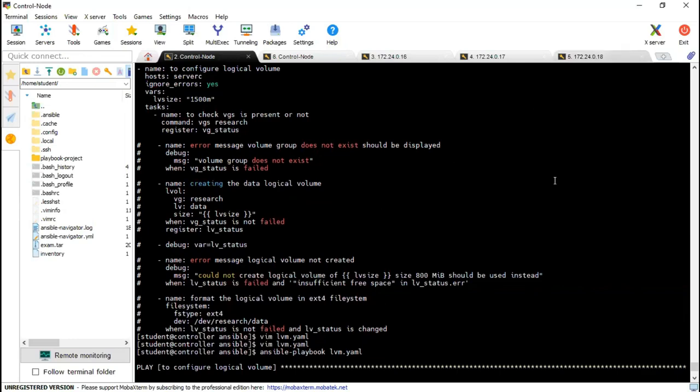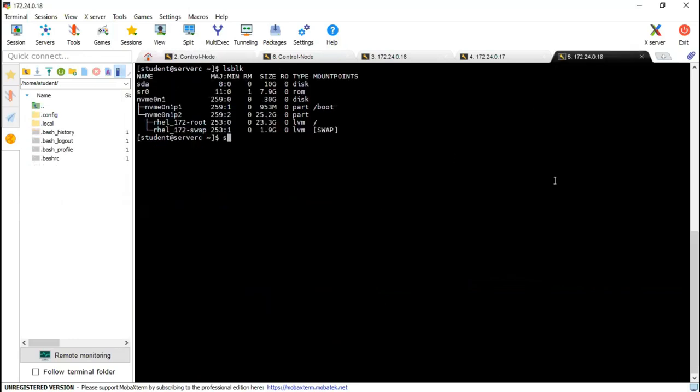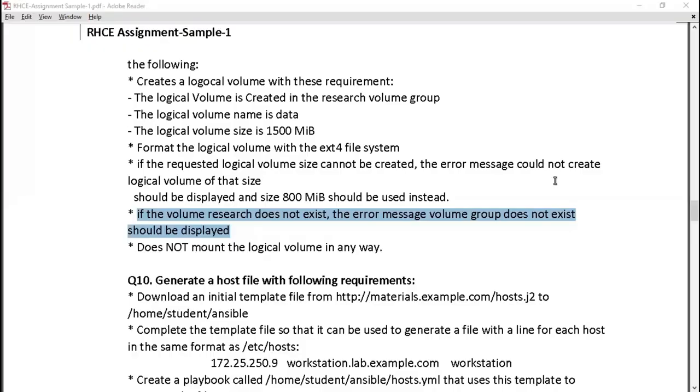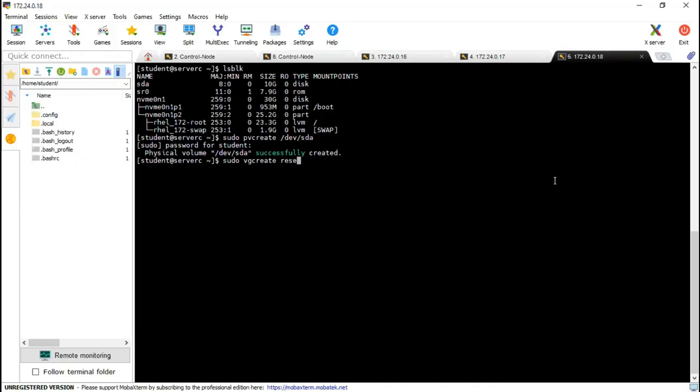So let me create it quickly. sudo pvcreate /dev/sda, sudo vgcreate, sorry, what is the name of the volume group? It is research, and /dev/sda.